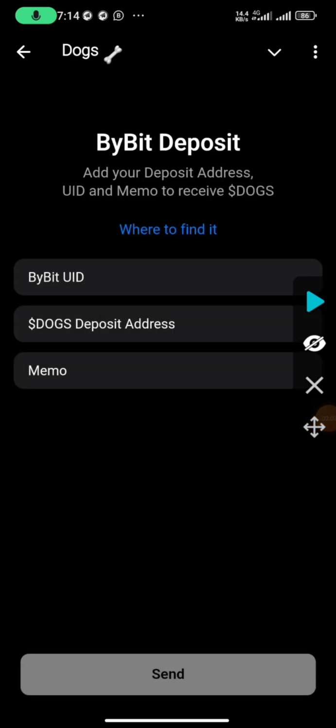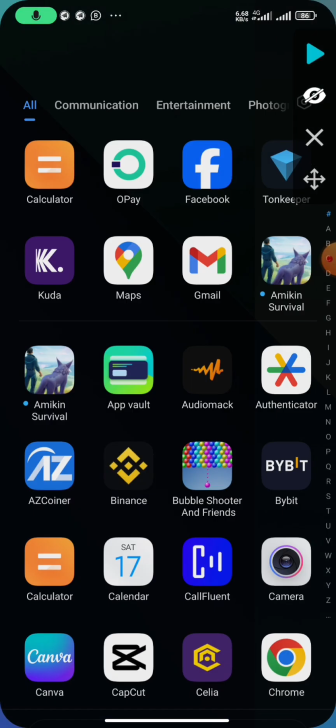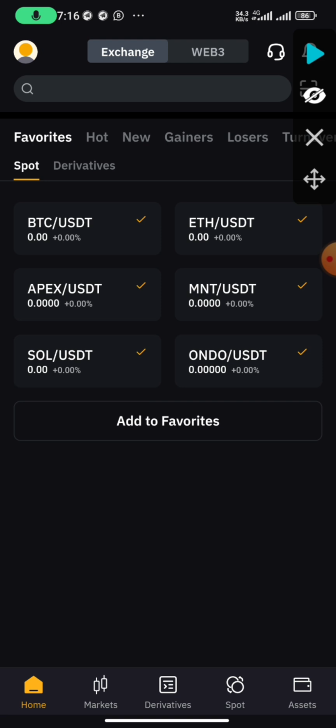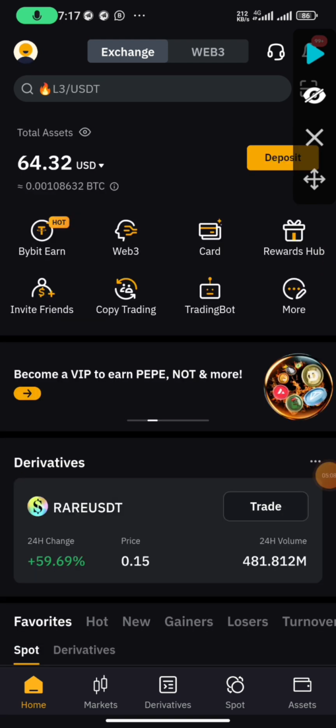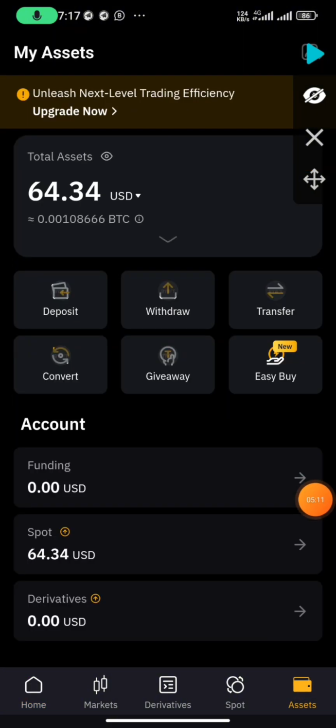Then you will need all these three pieces of information: your Bybit UID, your dogs deposit address, and your memo. So let's head over to Bybit. Once you open your Bybit account, you are going to head over to assets. When you come to assets, you click on deposit,